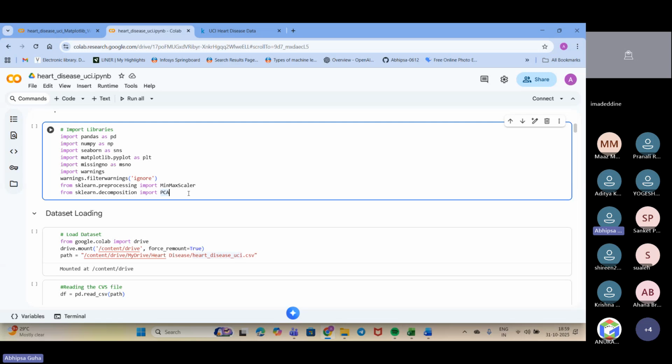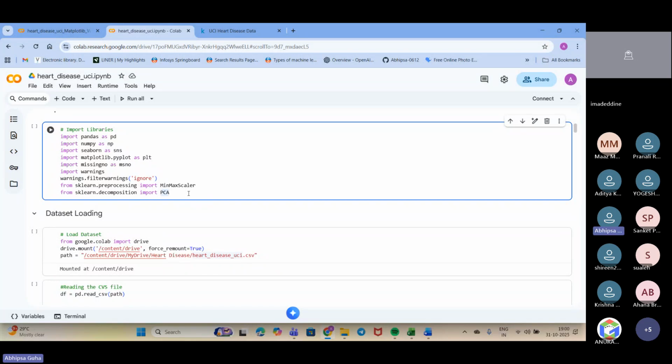The very first step is importing the pandas library and giving it a short name, pd, so that we can use it in the later sections also. Every time we don't have to call pandas again and again, right? So that's why we are doing it like that. Next, NumPy we are calling, again in the same format, giving it a shorter name, np. Why is it being used here? We use it for mathematical calculations, arrays, and matrix operations.